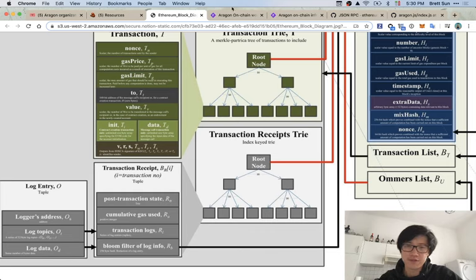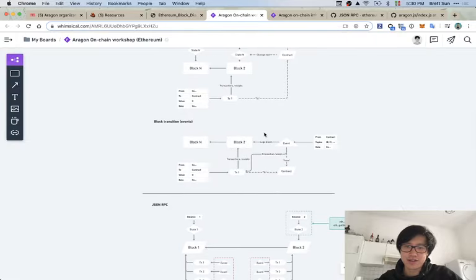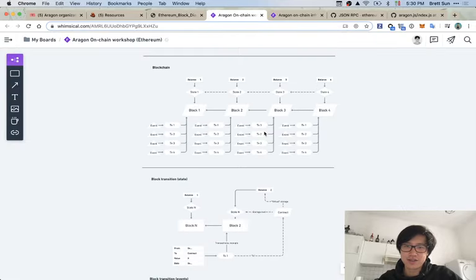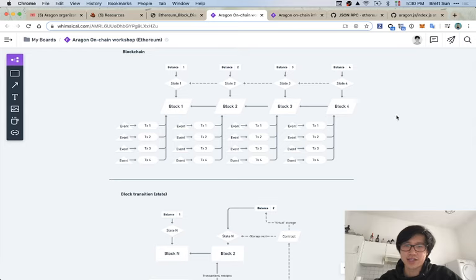So if we look at the simplified representation of the set of blocks, what the Bloom filter lets us do really easily is just say, if I want event A, but not event B, does block 1, 2, 3, or 4 contain those events? And instead of having to go through each transaction and each transaction receipt to look through all of the events to do a match,